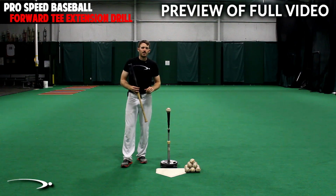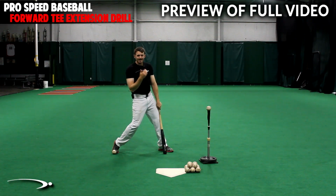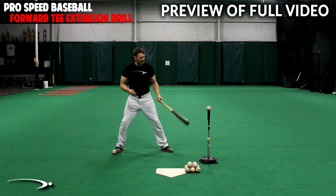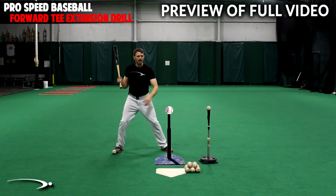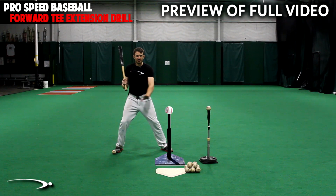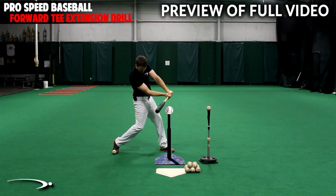So all you have to do is set up the drill properly, make swings, and you're going to start syncing up your swing right away. And that's exactly what this drill is going to do. It's going to help us learn the proper motions to hit the ball correctly. So if I put a digital tee here where we'd want to make contact with the ball, ideally when we're practicing off the tee or we're hitting in the game, we're going to load, stride here. You're going to see me get into contact here, and then if I'm still swinging out to this ball in front of me,